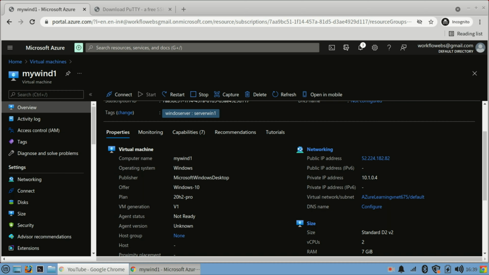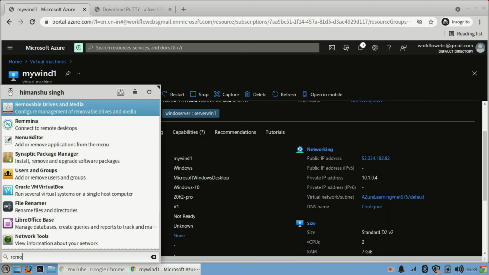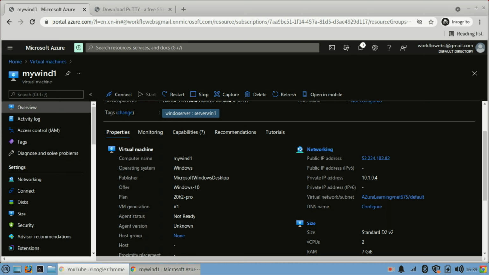So now if I want to connect, so if you are on Windows, open remote desktop or the RDP client. Because I am on a Linux operating system, I have a different tool for remote desktop. So I will use my tool for remote desktop.